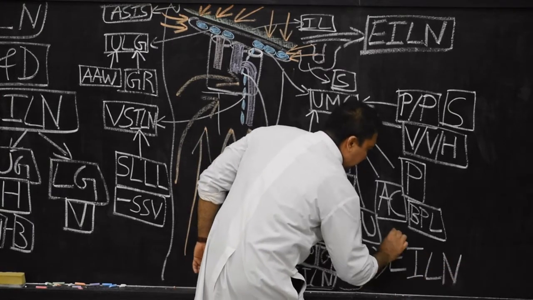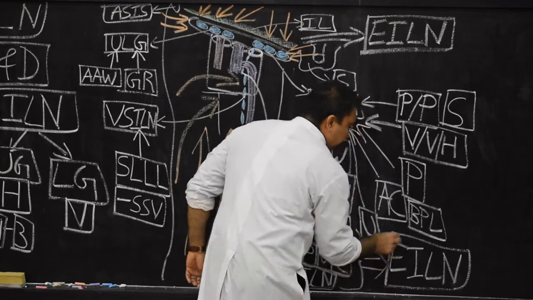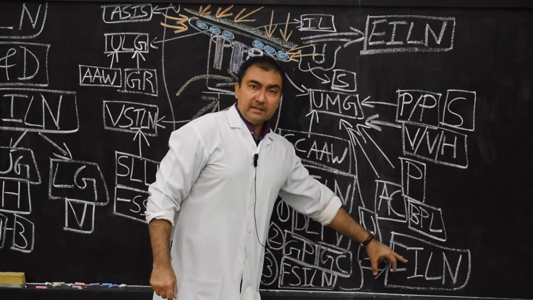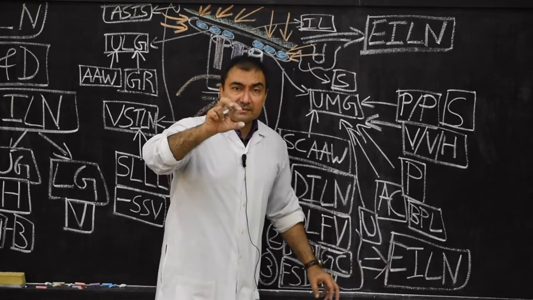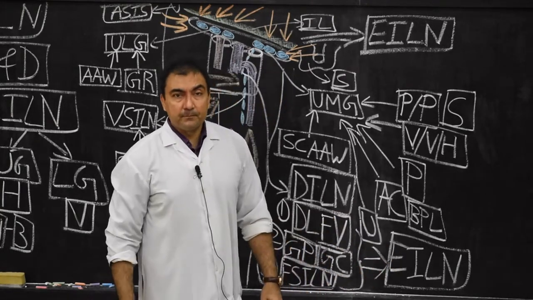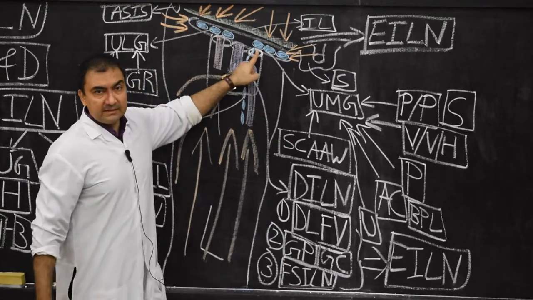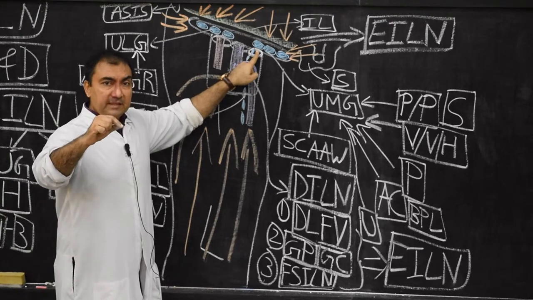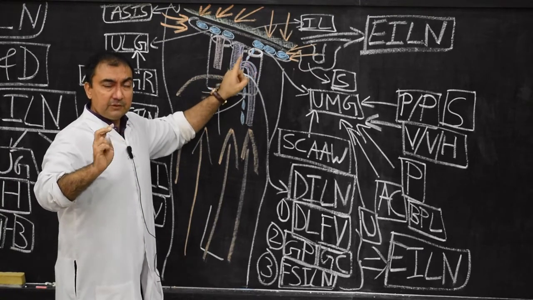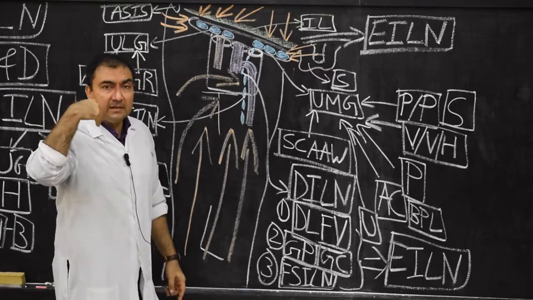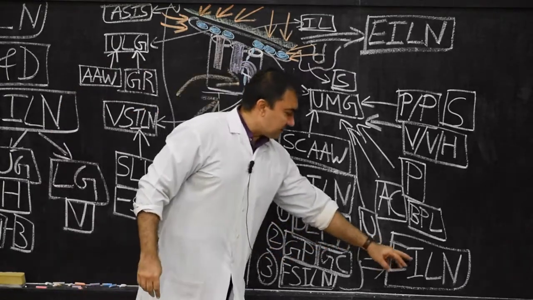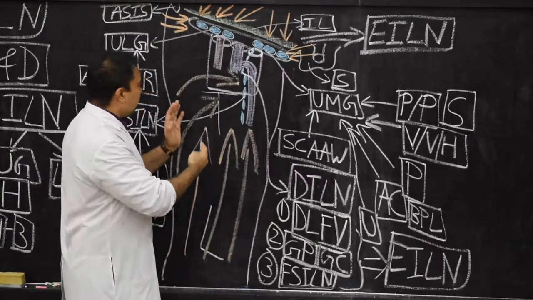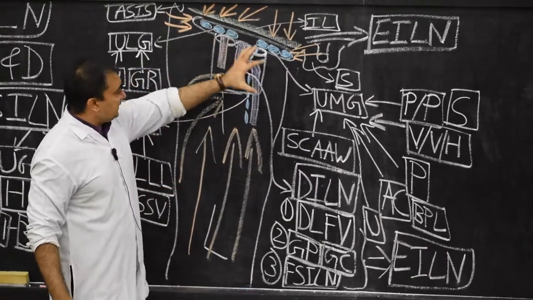This is very important. And how they will drain is also very important. Remember, the deep inguinal lymph nodes will drain into external iliac lymph nodes by piercing the femoral septum. And where is the femoral septum? Where my finger is. That we have already understood. So by piercing the femoral septum, the deep inguinal lymph nodes will drain directly into external iliac lymph nodes. Here we finished the entire inguinal lymph nodes.